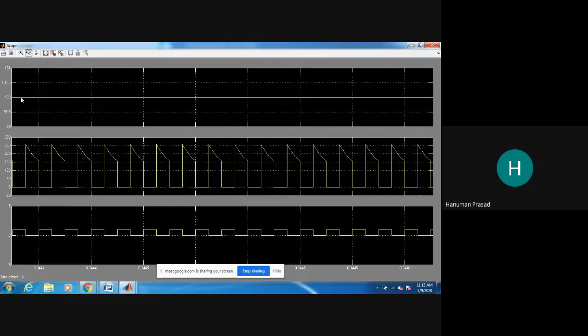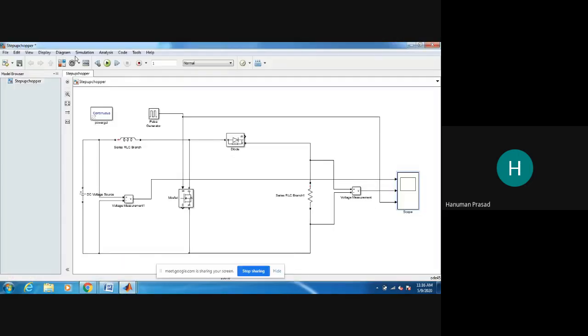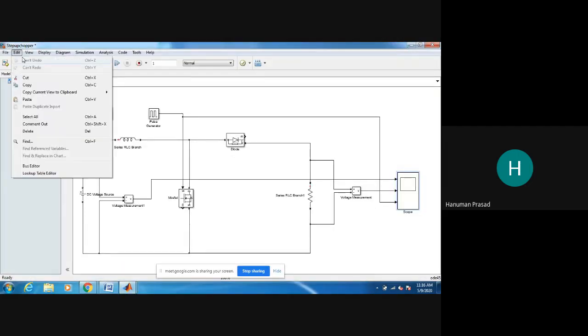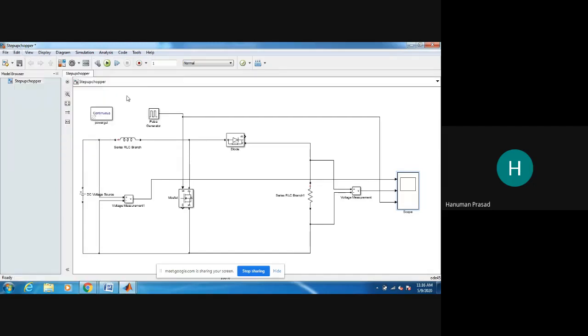The first is input voltage 100 volt, output voltage from 0 to 250, and this is pulse width. Pulse width is 50%. On time and off time are both equal. On and off time depend upon the duty cycle. This waveform you can also save, edit, copy, and